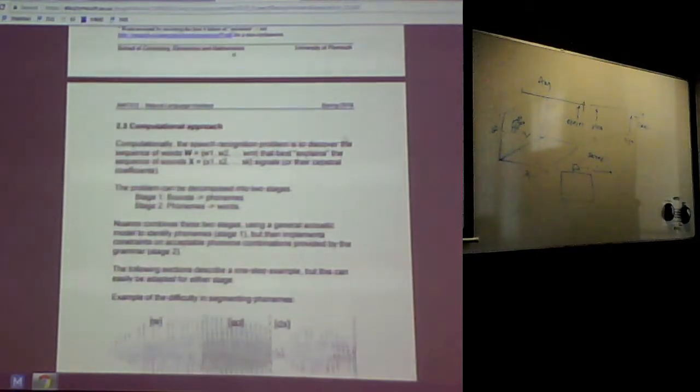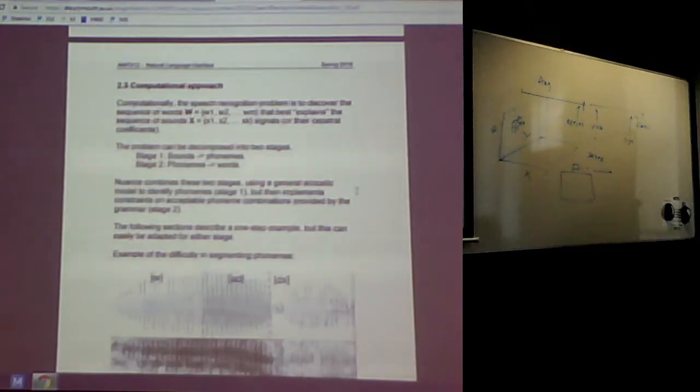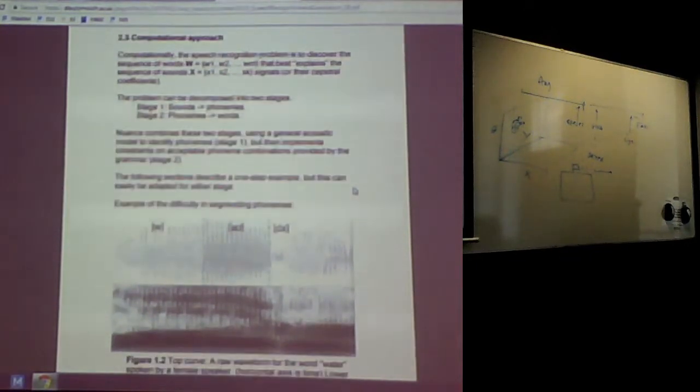So that stuff is done in the background, and computationally,